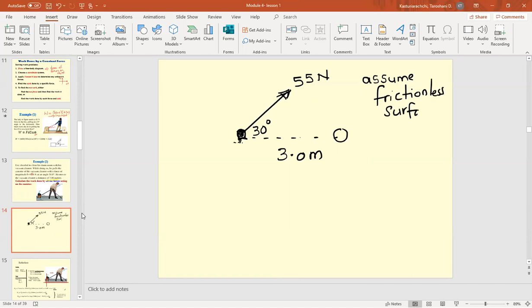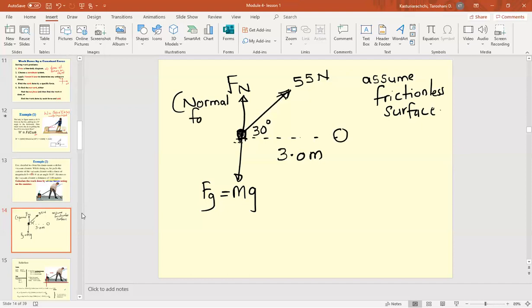Okay, we can do that with the friction too. We'll look at that. Now, anything else here? What are the other forces acting on it? We know it has a mass, therefore we have gravitational force, Fg. Anything else? We have normal force, right? Because it is on a surface, therefore we have normal force. So this is my normal force. Remember, normal force is the force that the surface pushes on the object.